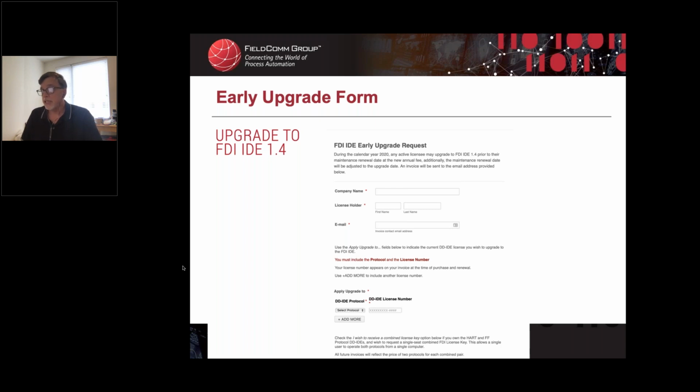So company name, license holder name, email. And then what's really important is you're going to need to apply the upgrade to an existing license, and you'll have to answer which license number you're applying the upgrade to. And we'll take it from there from an accounting standpoint and move forward. Okay,